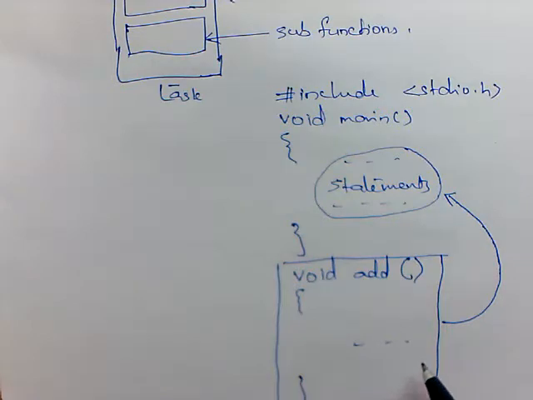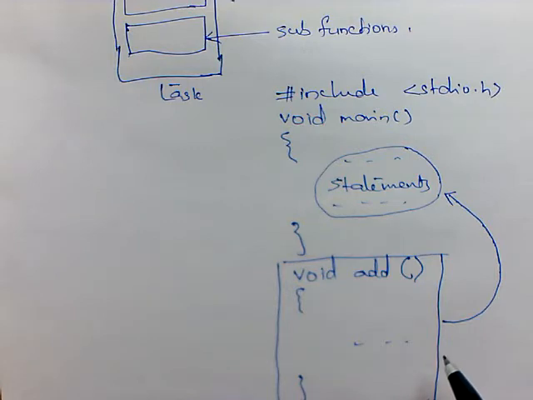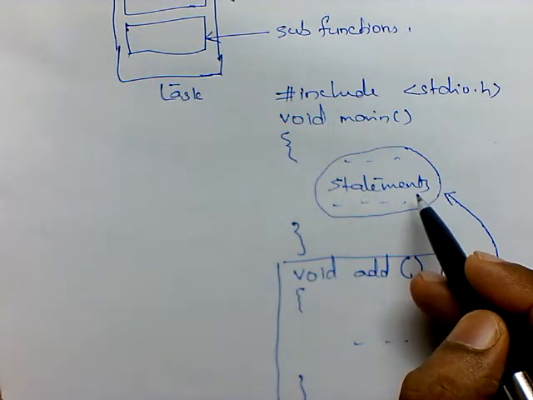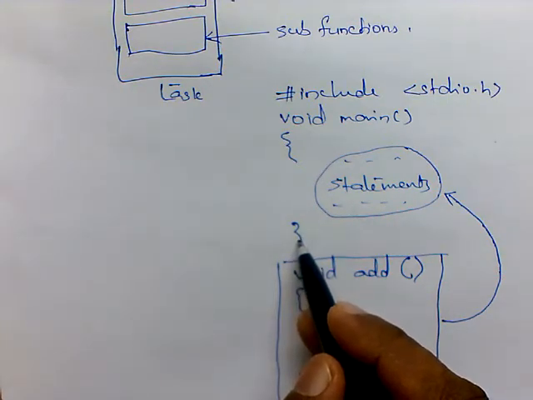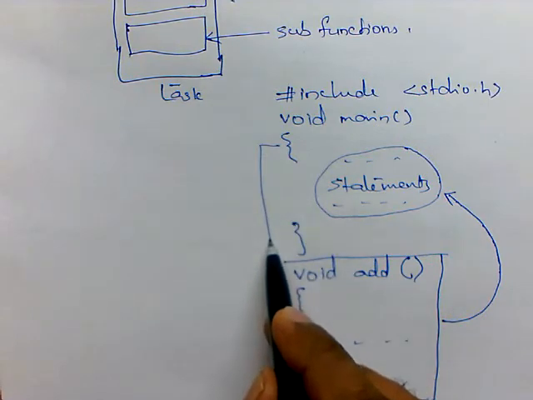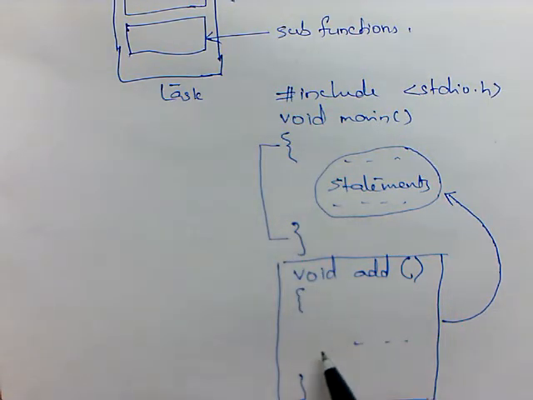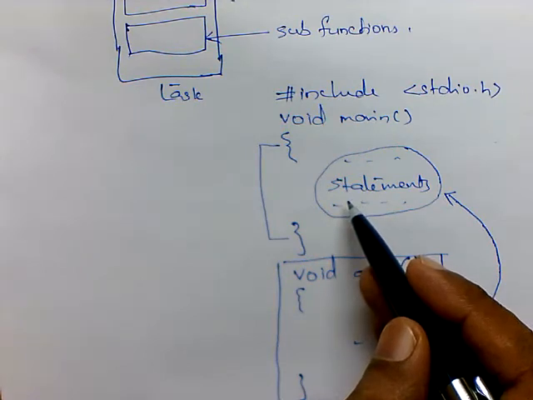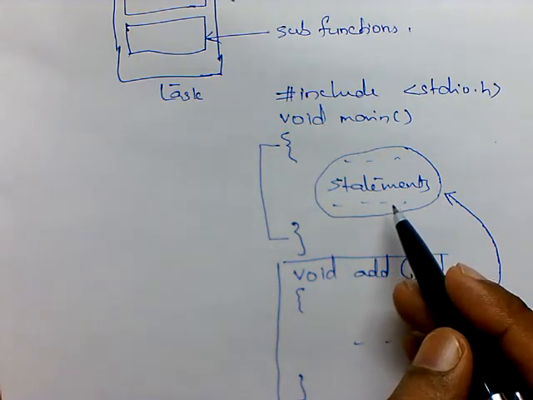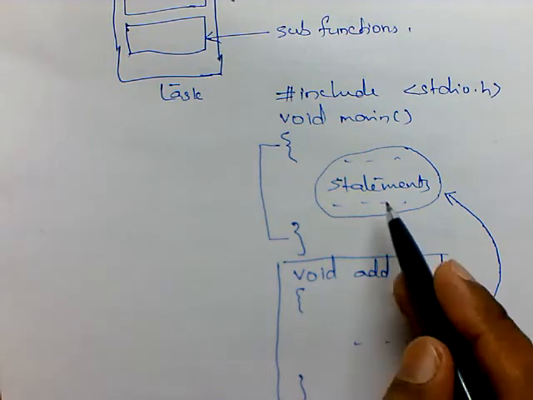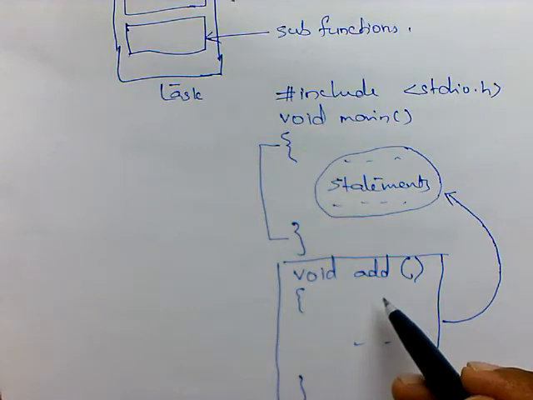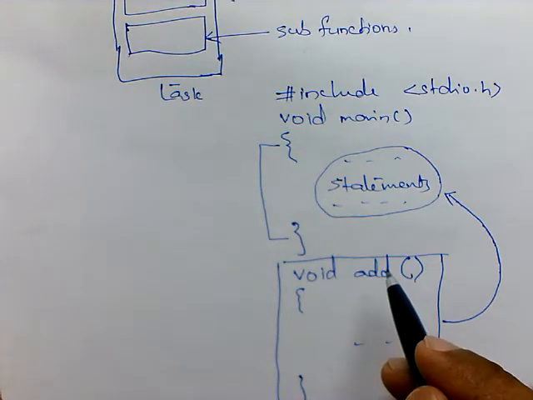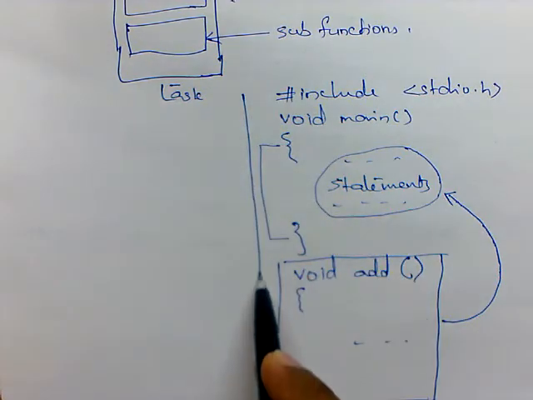So that is the concept behind writing functions in C. We will have a main function and we will write the subfunction outside its boundary. This is the boundary of the main function. Inside the main function you can also write subfunctions, no problem, but usually we write the subfunctions outside the main function like this. Now we will see how to write a function